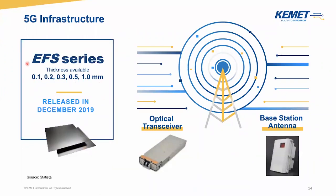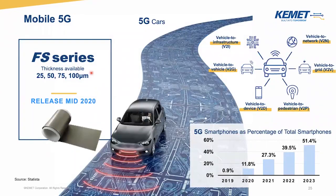Our first series, released at the end of last year, is the EFS series, and that's designed for infrastructure applications like optical transceivers and base station antennas. It's available in sheet form in thicknesses from about 0.1 to about 1 millimeter. We've recognized that, in addition to infrastructure applications, there are a lot of mobile applications